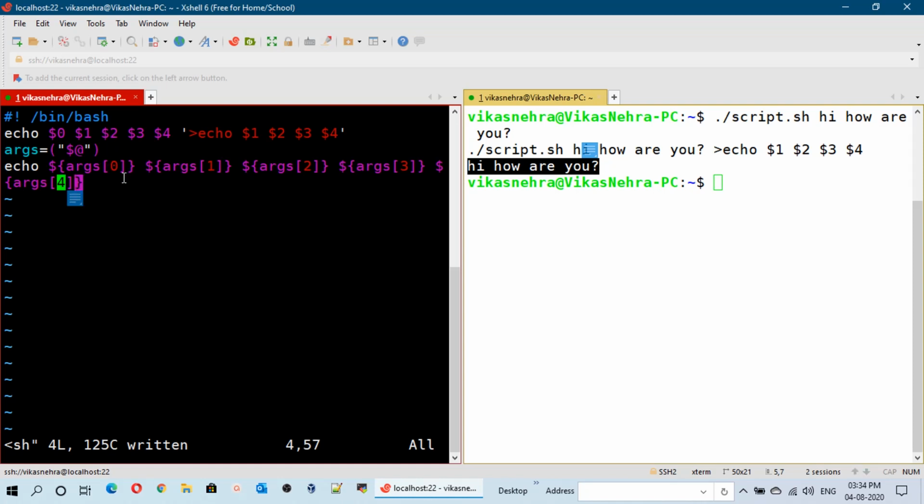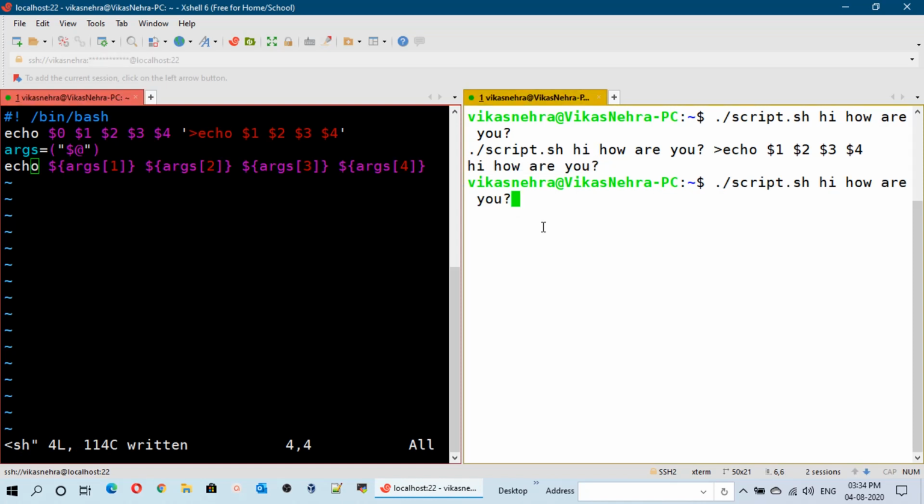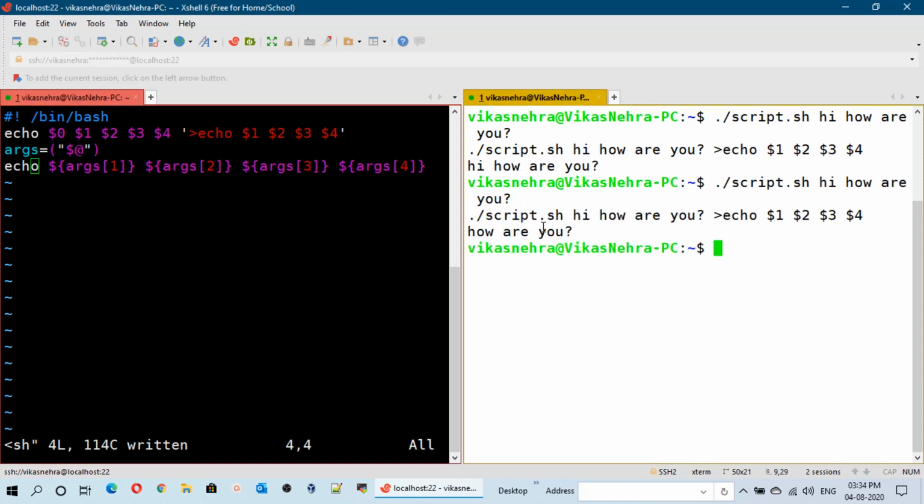So let me edit the file one more time, and let me erase it. Now I will save it again, and I will again execute this file, and again we will get the same output. So using the arrays to pass the arguments, we cannot use this default variable 0.